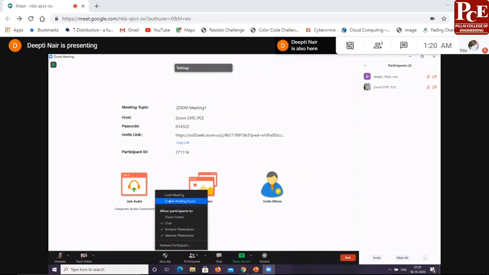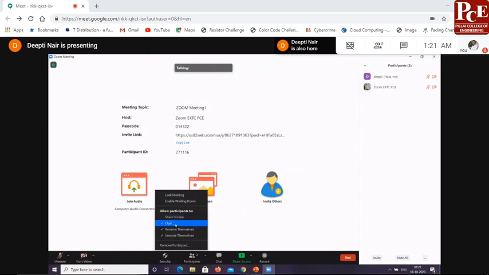The next one is enable waiting room. Yogesh sir has explained this very well, so I hope you are clear with that. Again, in this case it is disabled. The next one is allow participants to share screen. Participants means you can compare them to your students. So share screen is disabled. That means they cannot share their screen, which means only the host can share whatever they want to share with the class. So it is better you always disable this.